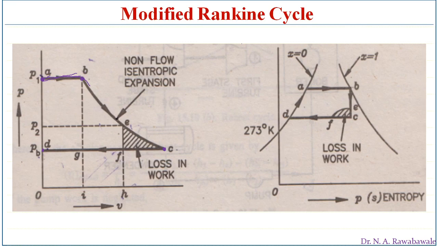But what happens? This expansion of steam from point B to C increases the stroke length of the piston, and the work obtained from point E to C is very negligible, even insufficient to overcome the frictional losses. Therefore steam is blended out at point E. Suddenly the exhaust valve is opened, and pressure falls from point E to F.